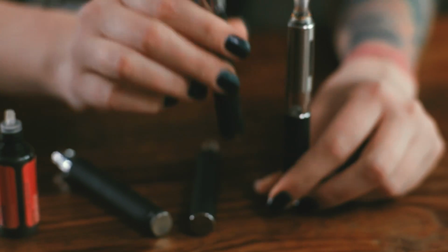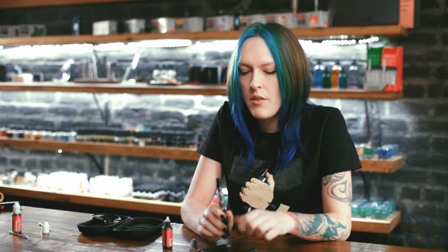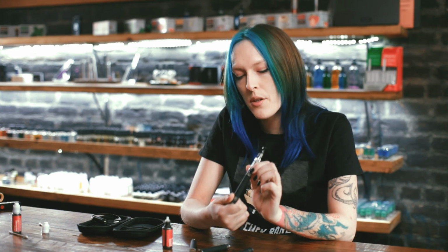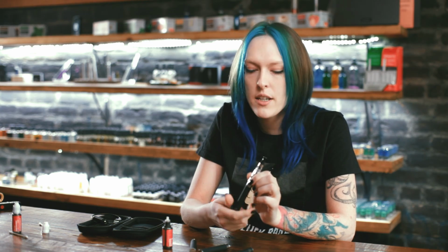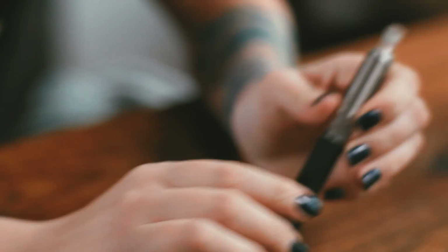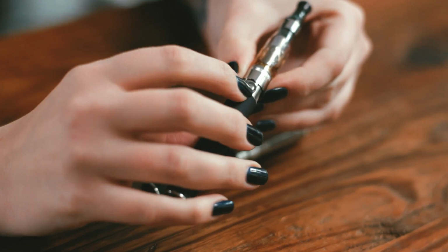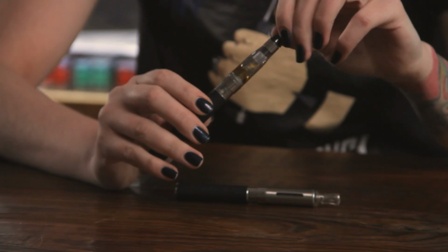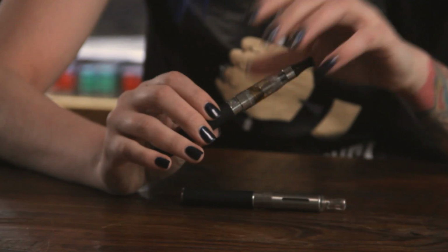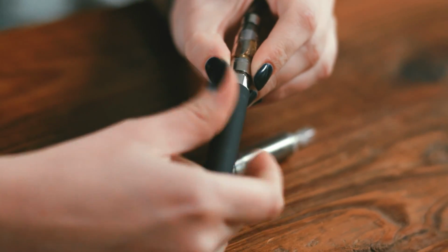So when you fill these, you're going to remove them from the battery in most cases. I'll show you the CE4 first. It's not required to remove the CE4 from your battery, but it's not a bad idea as a general practice. Very important when you unscrew these that you're holding them by the base, just above where the button is. If you hold it higher up on the tank, you can sometimes unscrew other parts and cause liquid to go everywhere. So grab onto it there, twist your battery gently out, and this would be a good time as well